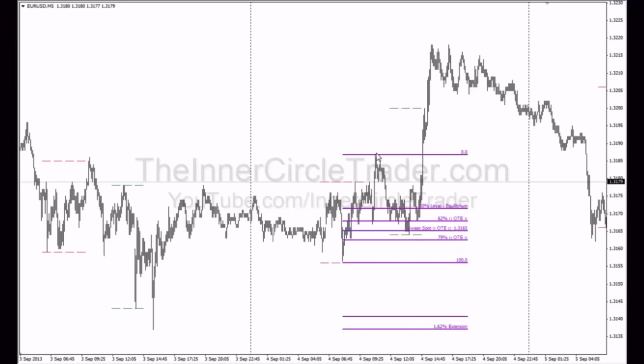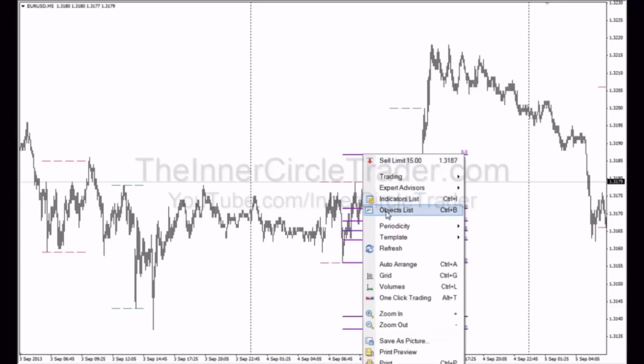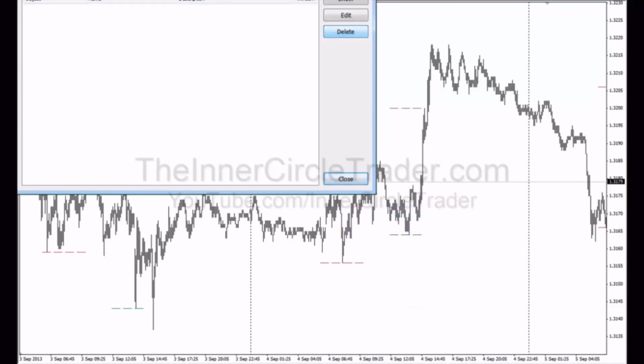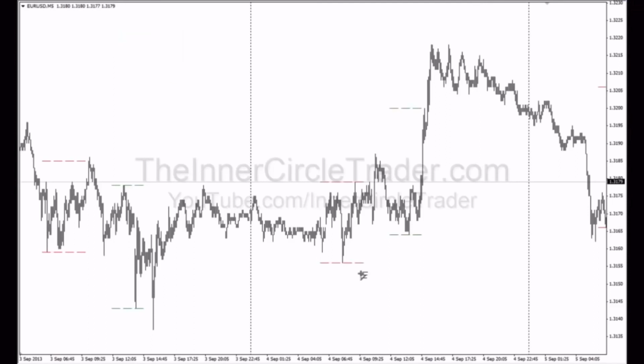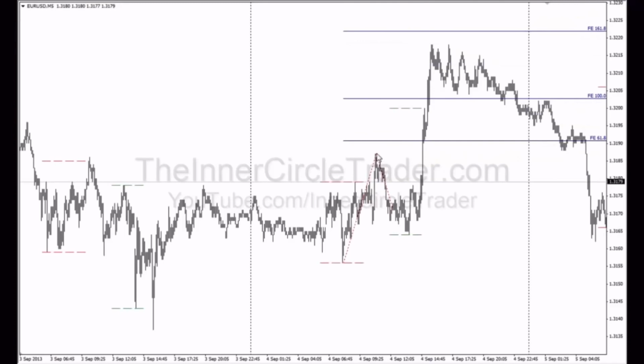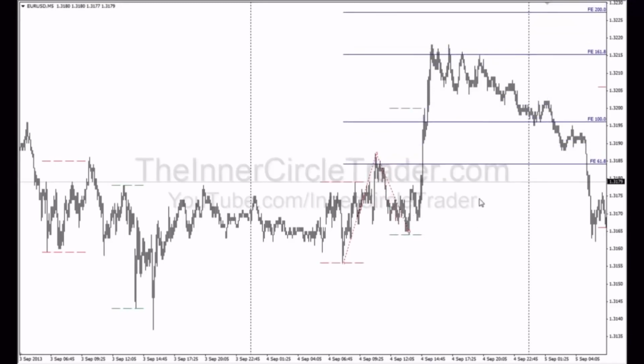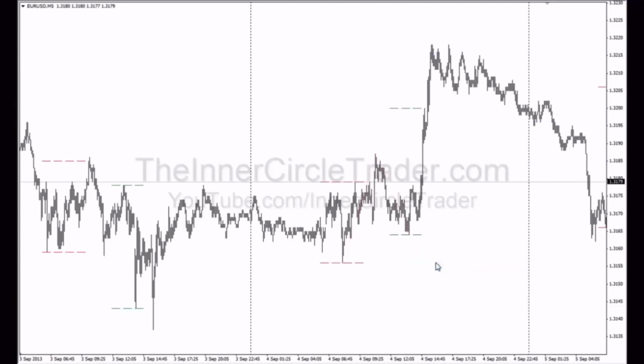Now, if you use your Fibonacci tools, here's your 162 extension, nailing it for the high. And we'll talk more about targeting and exit prices and all that stuff when we get into later portions of the series. But you can see how the London and New York open kill zones here gave you very nice